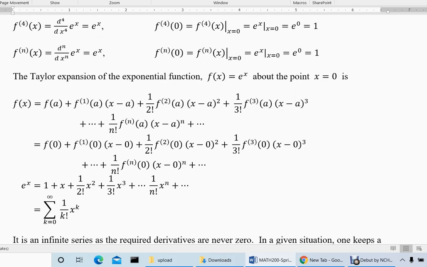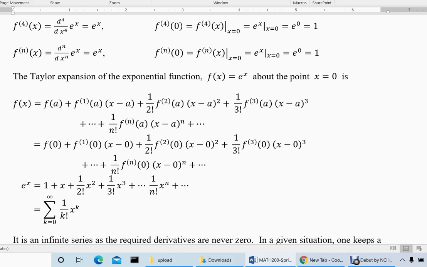Now read the complete sentence. The Taylor expansion of the exponential function f of x equal to e power x about the point x equal to 0 is f of a, first term. It will be f of 0, which is 1. Second term is first derivative into x minus a, first derivative at x equal to a equal to 0. And all these derivatives are 1. So you get 1 into x minus 0 plus 1 by 2 factorial into x minus 0 whole square. So the derivatives are 1, so if you multiply with 1, you will get back the same thing. Plus 1 by 3 factorial into third derivative into x minus 0 whole cube. You will get e power x equal to,